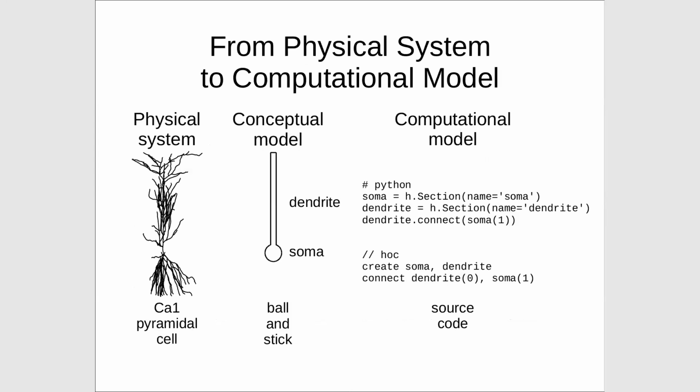And that's what we're going to talk about today. So on the left, I have a side view of a pyramidal cell from the CA1 region of hippocampus. And this thing has enormous anatomical complexity and also has tremendous biophysical complexity as well. There's channels spread all over the surface of this thing. There's synapses all over the place. The cytoplasm has all kinds of buffers and calcium storage and release mechanisms, active transport in the membrane, all kinds